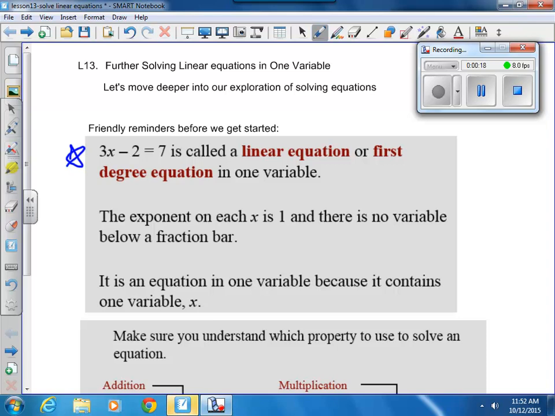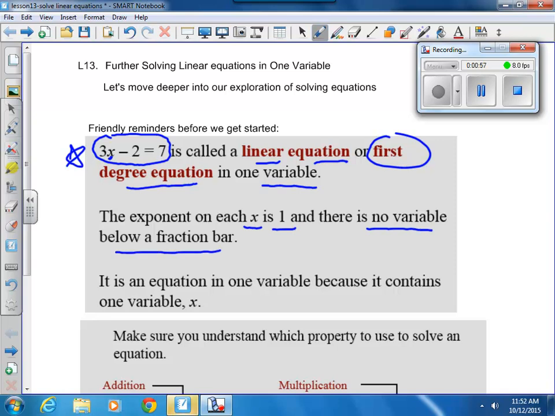When you say something like 3x minus 2 equals 7, what you're really looking at is a linear equation or first degree equation in one variable. So notice that when you're looking at an equation like this, you don't see the variable being raised to the second or third power. You see x is raised really to the first power, hence first degree. And it's a linear equation. As we will see later, if we were to graph it, we would get a line, but that's coming down the pipeline. Okay, the exponent on each x is 1, and there is no variable below a fraction bar,